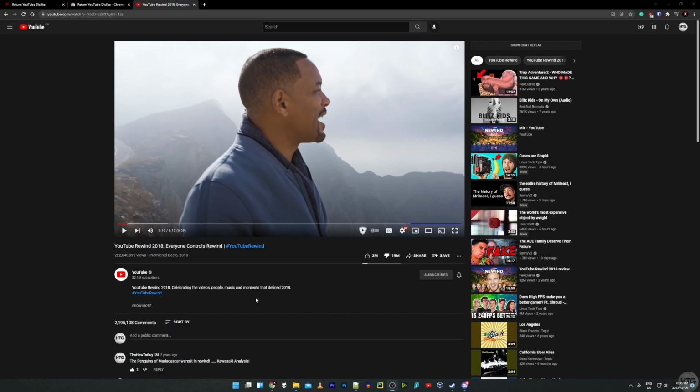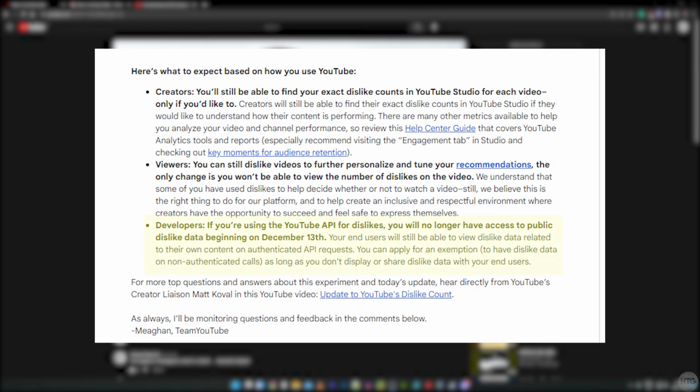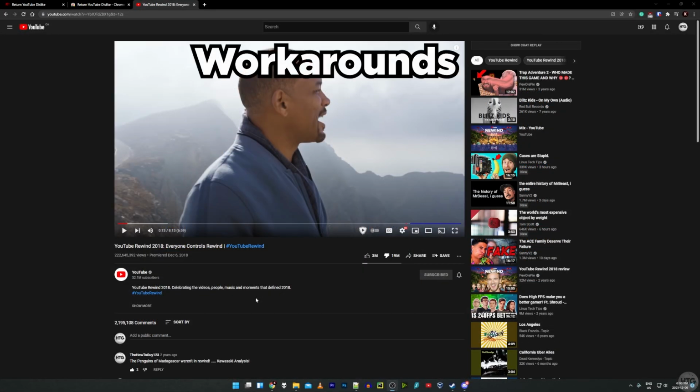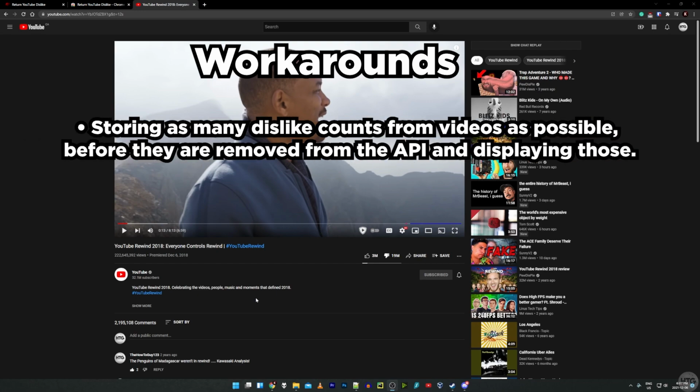The extension uses the YouTube API to grab the dislike count from YouTube and display it on the video. YouTube/Google will be removing the dislike count from the API on December 13th, 2021, which will essentially break the extension. There's a bit of a workaround that this extension will use in the future. As of right now, every time you watch a video, the video's dislike count will be stored on Return YouTube Dislike's servers. So when dislikes are removed from the API, the extension will return a snapshot of the dislike count